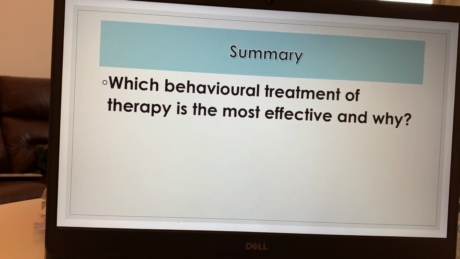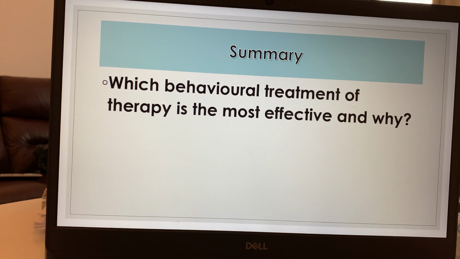For this, not so much, but I would try, if you have time, so 20-25 minutes for 16 markers, to finish with some kind of evaluative paragraph. We'll look at this a little bit more in year 13, but if you're ever asked a question on a biological explanation or a psychological explanation, my finishing paragraph would always be to use the other to say why one isn't as good as that.